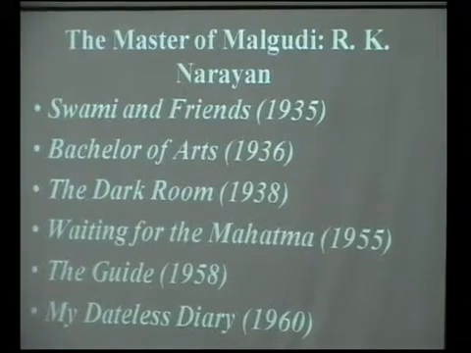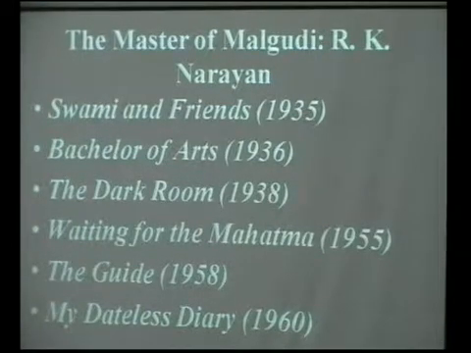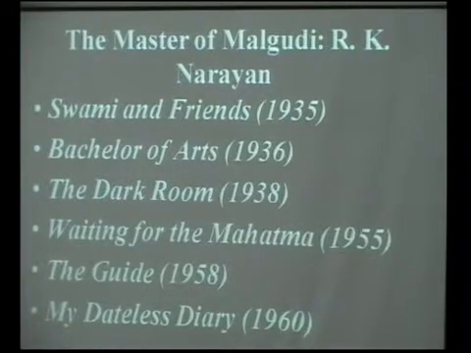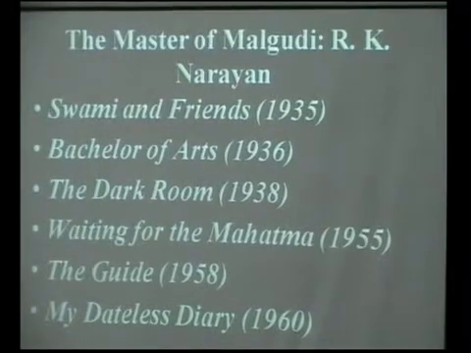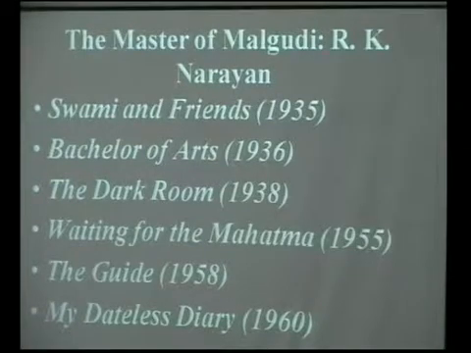The master of Malgudi, R.K. Narayan, his important books are Swami and Friends, Bachelor of Arts, The Dark Room, Waiting for the Mahatma, The Guide, My Dateless Diary. R.K. Narayan is a regional writer in the sense that most of his novels are set in a place called Malgudi, an imaginary town, but then it is not so imaginary. It is actually modeled on the place where Narayan grew up in Mysore and recreates the people,